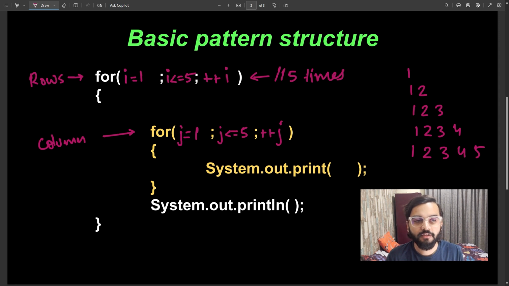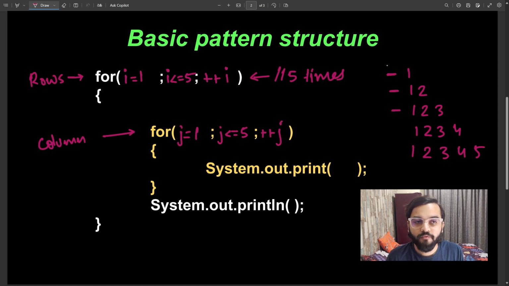We can see that whatever the row number is, that many elements we want in our row. Here we have row number 1 and number of elements 1. Here row number is 2 and number of elements are also 2. Here row number is 3 and number of elements are also 3.